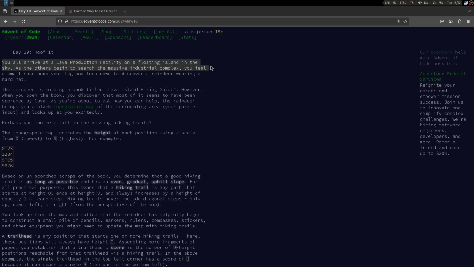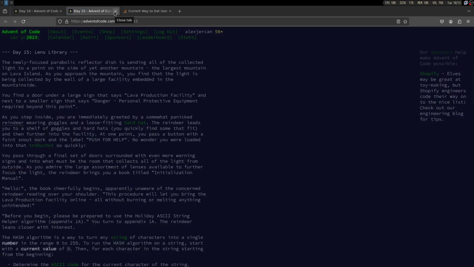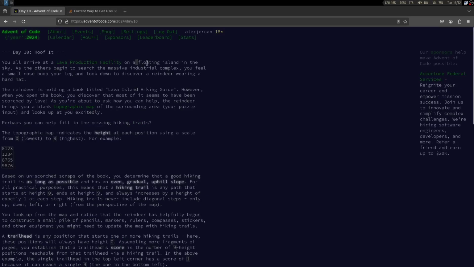we arrive at a lava production facility. I guess this is another day, probably from last year. I don't remember it. Right, on a floating island. Oh yeah, I remember the floating island stuff. But we see a reindeer. It has a hiking guide, and sadly